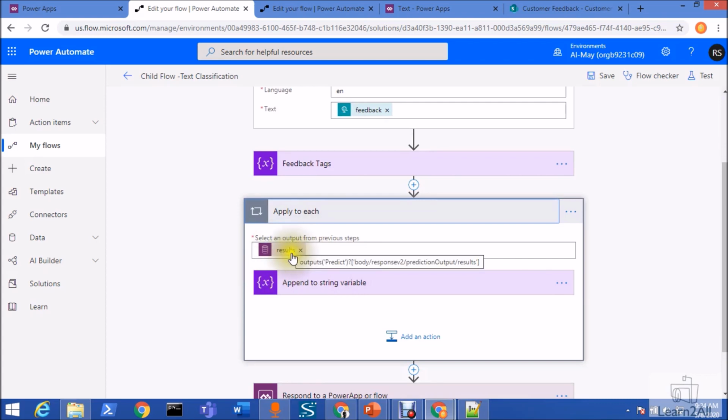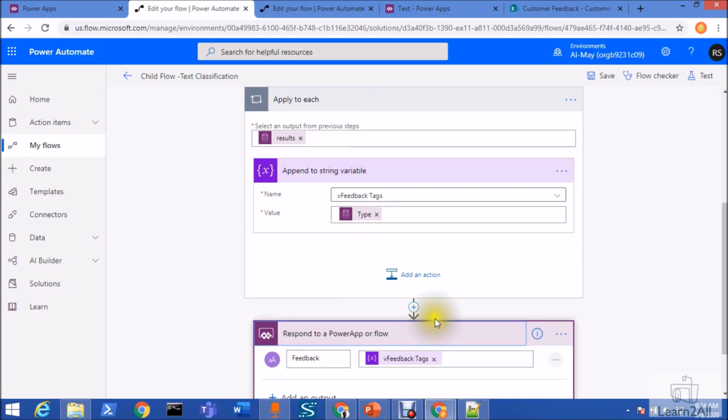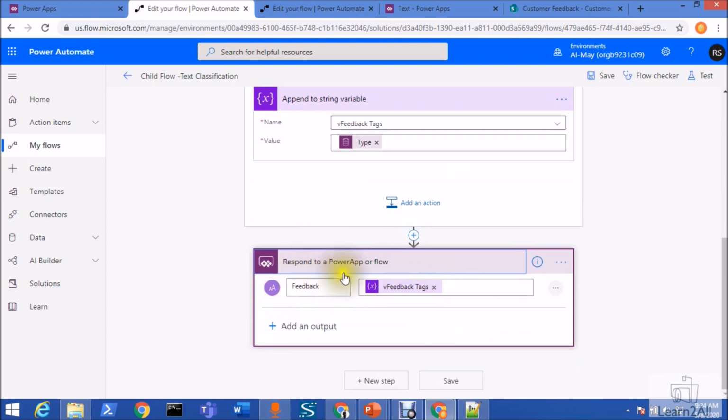I am applying a loop on that and appending to a string variable, so feedback tags are appended from this loop. If you have multiple tags, you will always have the appended value at the end of the variable. And at last, I am returning this from the child flow to the parent flow as feedback tags.